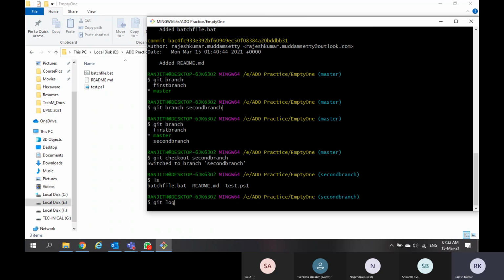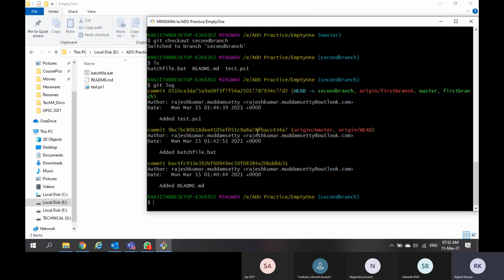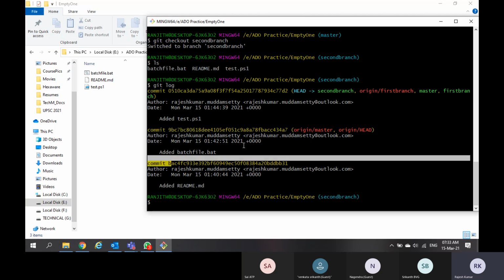That is the best point of Git. See, we got 3 commits, and the recent commit is from master and first branch. With the files, it got the history as well, when each file was created and what the commit ID is.